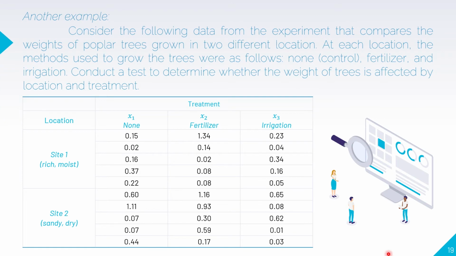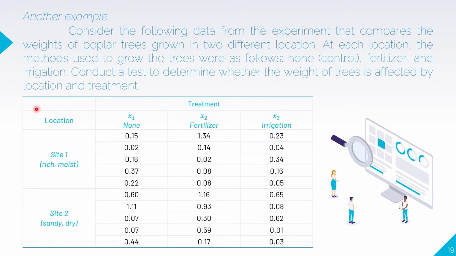Another example. Consider the following data from the experiment that compares the weights of poplar trees grown in 2 different locations. At each location, the methods used to grow the trees were as follows: the control, the fertilizer, and the irrigation. Conduct a test to determine whether the weight of trees is affected by location and treatment. So we still use our two-way ANOVA here because we have 2 independent variables, or 2 factors, which are the